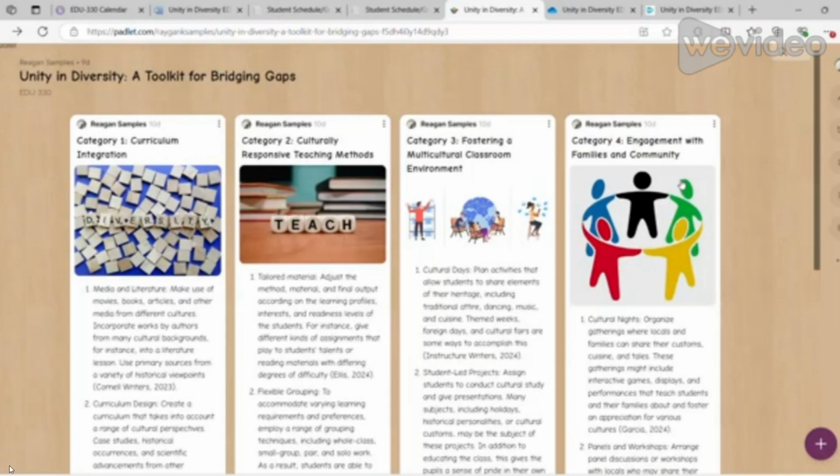Hello, my name is Reagan Samples and I will be going over my Unity and Diversity Toolkit for EDU 330. In my toolkit, I go over 4 categories with 4 strategies within them that demonstrate my awareness of cultural change